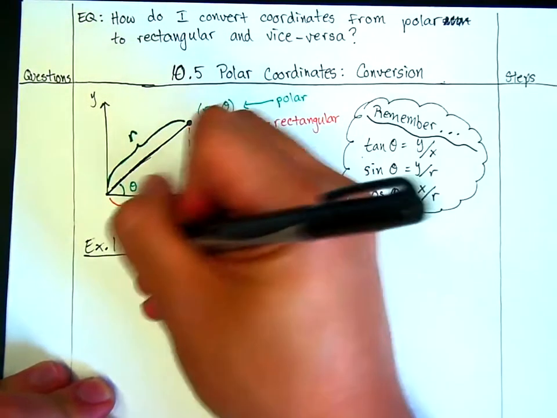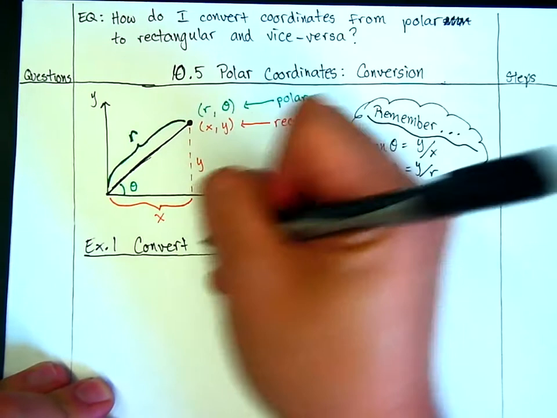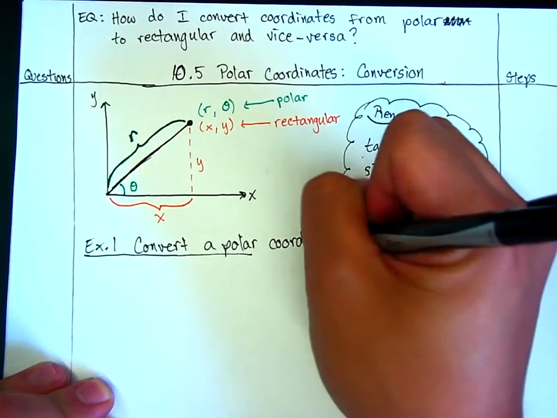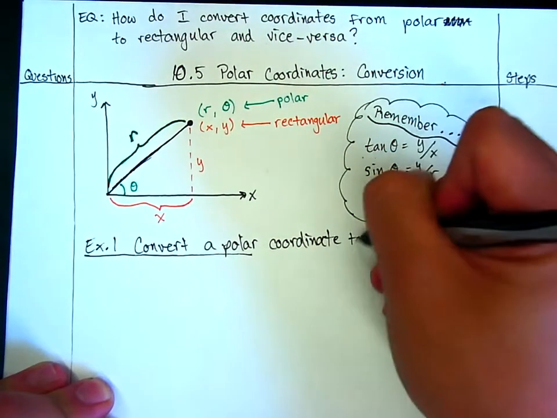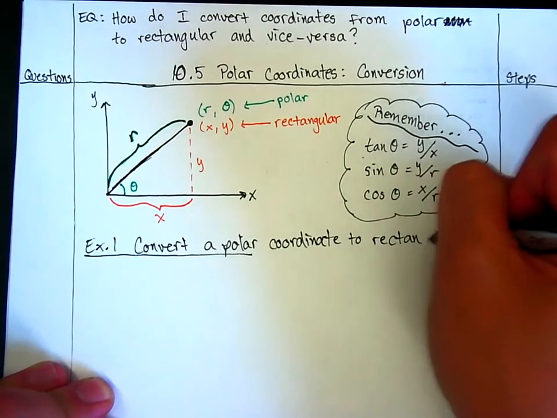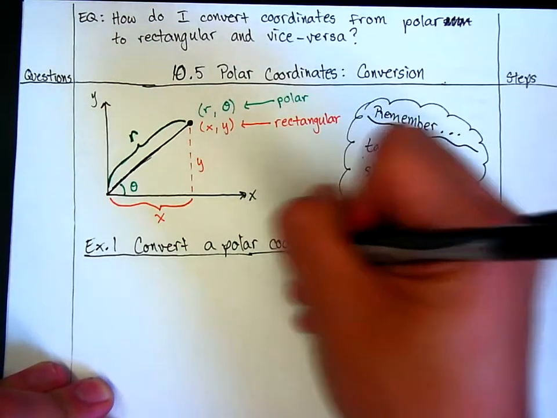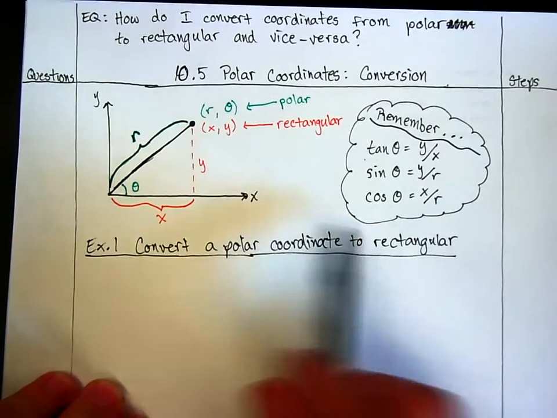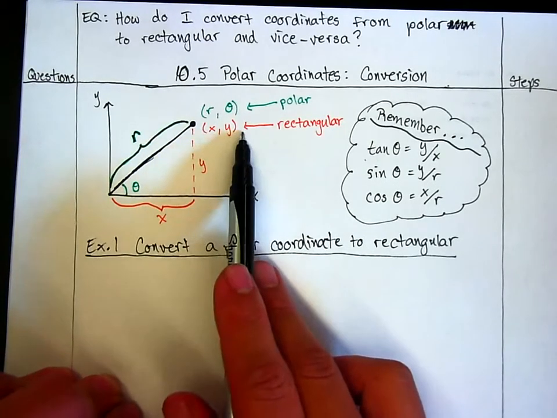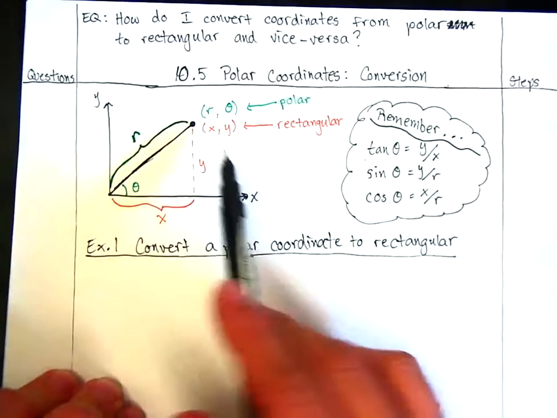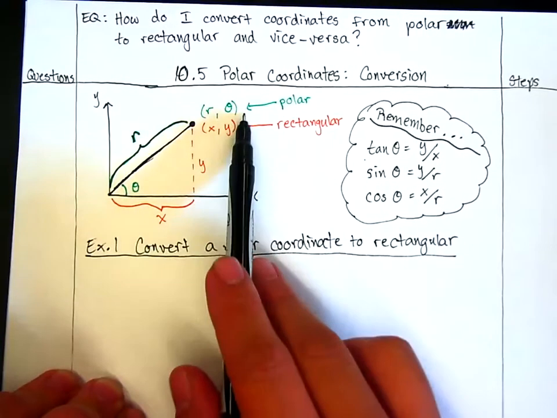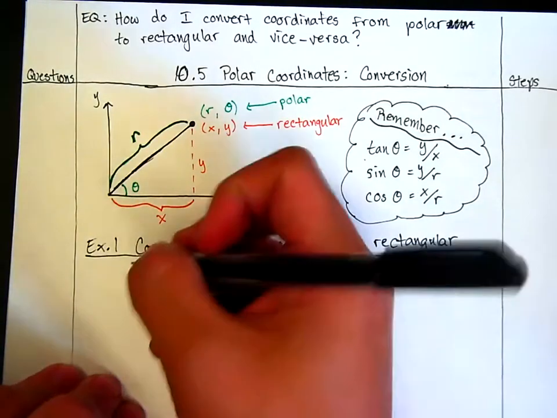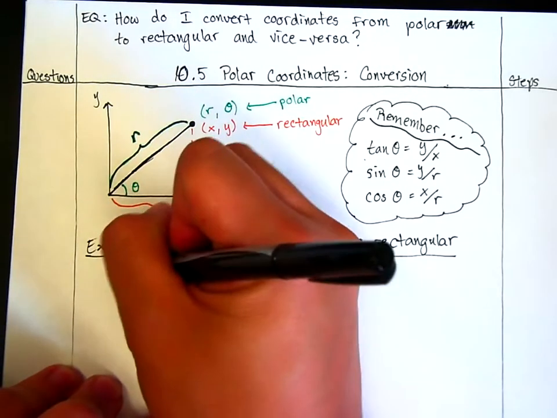where we're going to convert a polar coordinate to rectangular. The only difference is that a polar coordinate is represented using r and theta, and a rectangular coordinate is one that's represented using x, y, pretty much what you've learned up to Algebra 2 Trig. These are interchangeable using a variety of formulas and equations, like the ones that you just copied down. So what we're going to do is convert